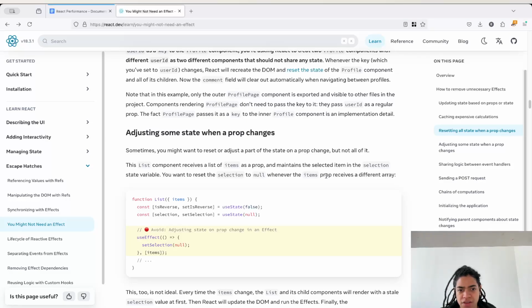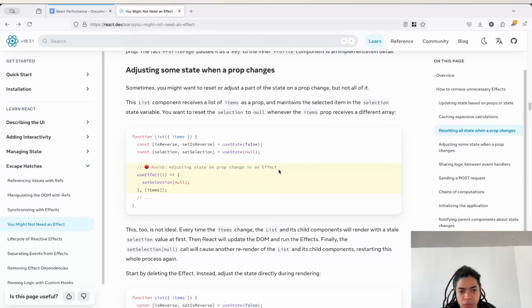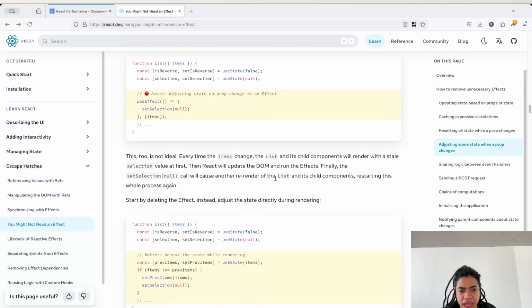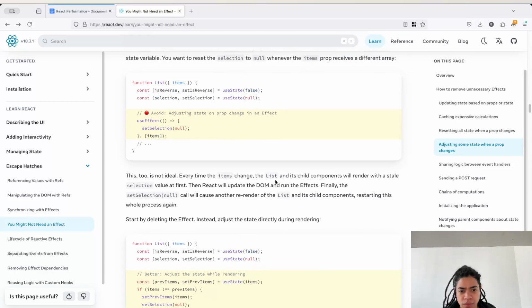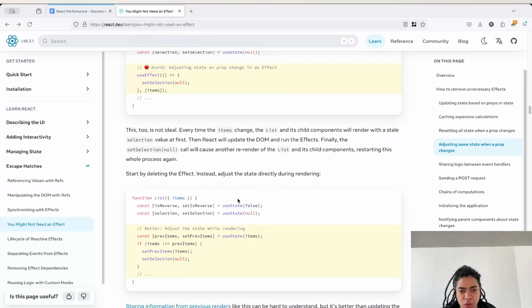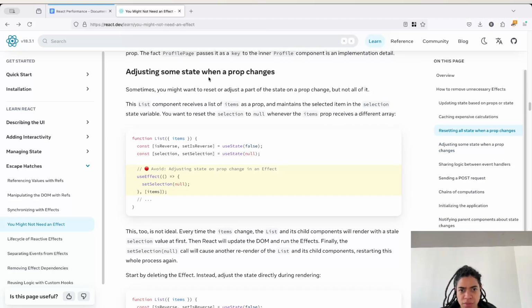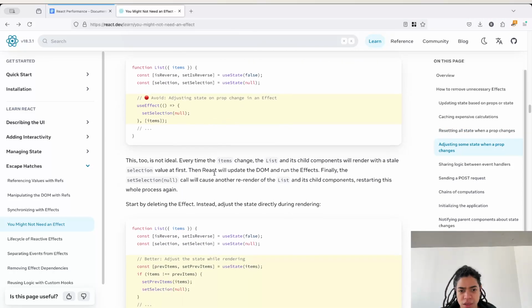Again, you can use a key for that when resetting all state when a prop changes. Better, adjust state while rendering. Adjusting some state when a prop changes. So when this prop changes,